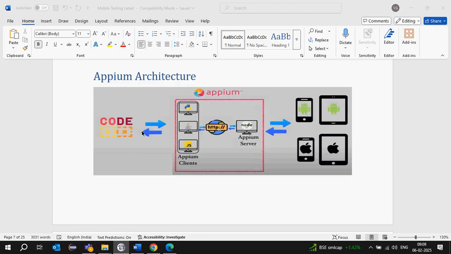Whenever we execute the code, how does it work internally? Appium is a client-server architecture. There is a client and then a server. Here, if you observe the image, whenever we trigger the Appium code and try to run it,